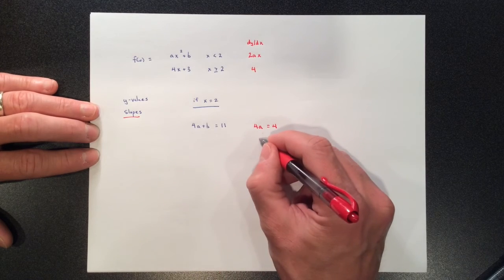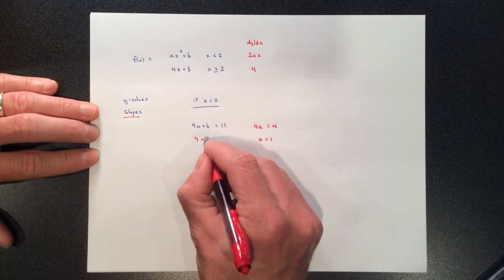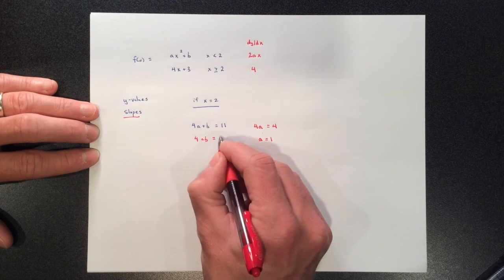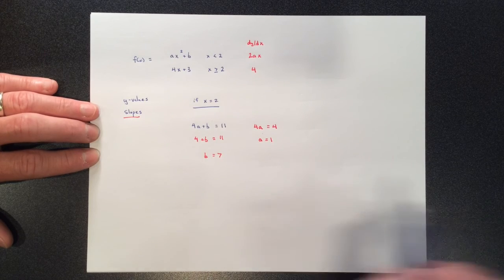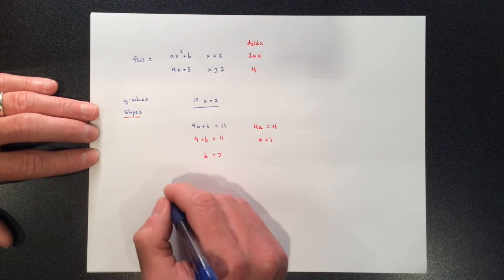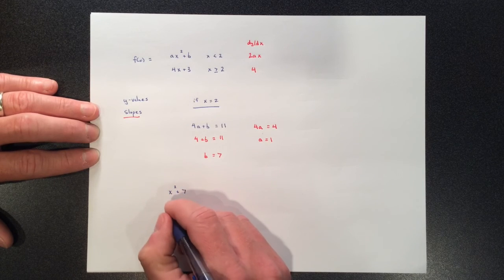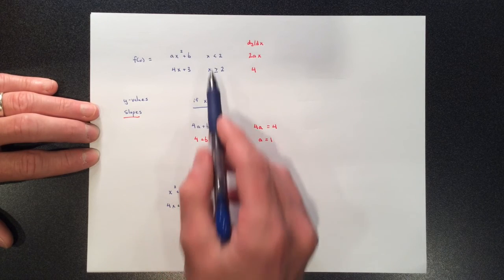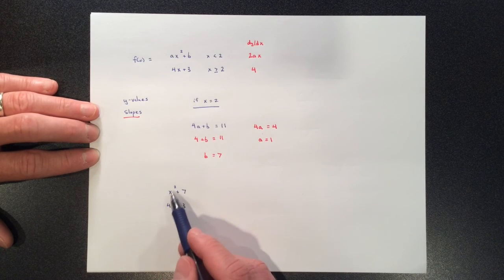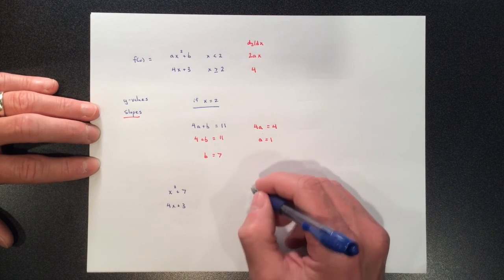Okay, so this tells us that a has to be 1. But if a is equal to 1, then this is just 4 plus b equals 11. So then b has to be 7. And so what we've decided here is that this function has to be 1x squared plus 7 and 4x plus 3. And if you look at that, it will give you y values equal to 11. So see how they're both equal to 11 when x equals 2, and then they both have slopes of 4. And what that means is if you draw the graph,